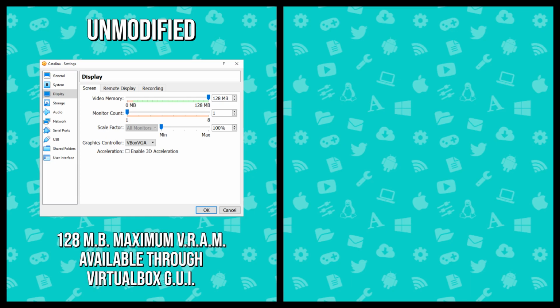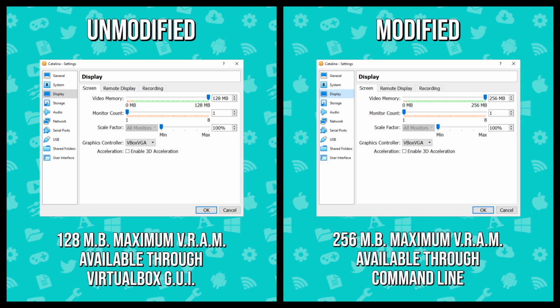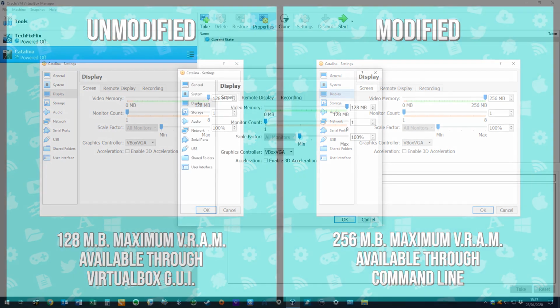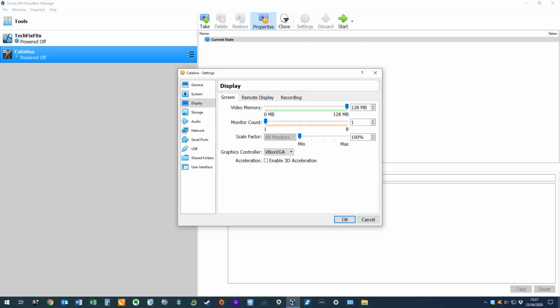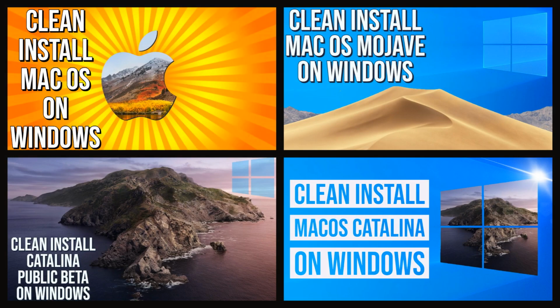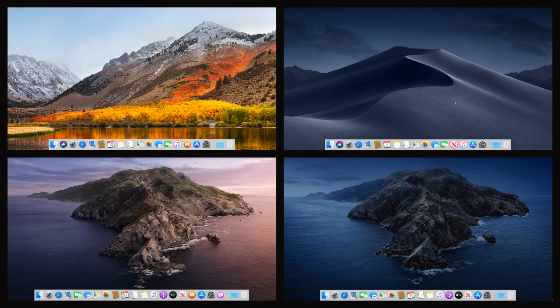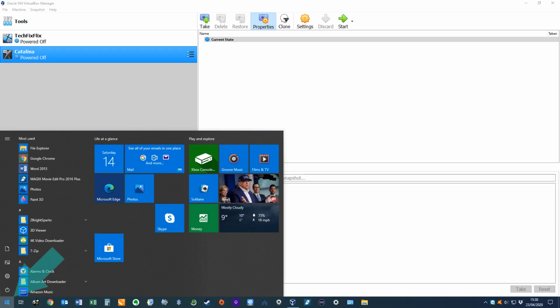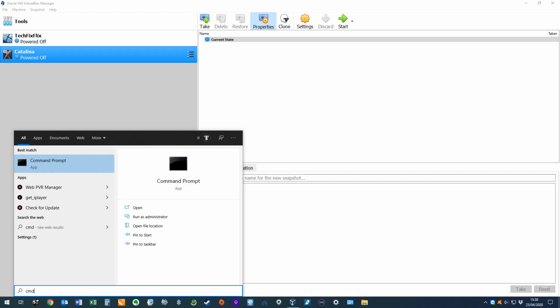Whilst this represents the limits of what can be achieved through the VirtualBox interface, we can double this to 256 MB with a simple entry in the Windows command prompt, bringing about a noticeable improvement to the responsiveness of our virtual machines. And this is particularly welcome in the case of our virtual Macs, alleviating some of the lag experienced in most installations. We click the Start menu, typing CMD to search for our command prompt options, and choosing to